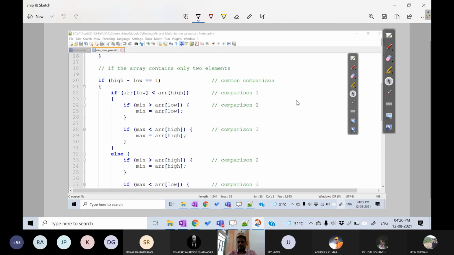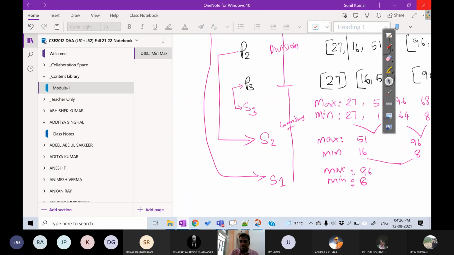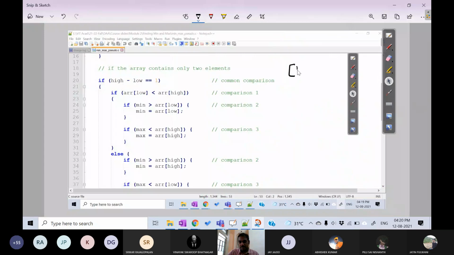This is actually very simple. So these figures are coming. So here, if this is the situation, let us go back to our problem and address a scenario where it is like 16 and 51. Let us consider the case of 16 and 51. This is 16 and 51 we are currently in. And the current minimum and current maximum will be some values. Let us simply say that current minimum is 8 and current maximum is 91.